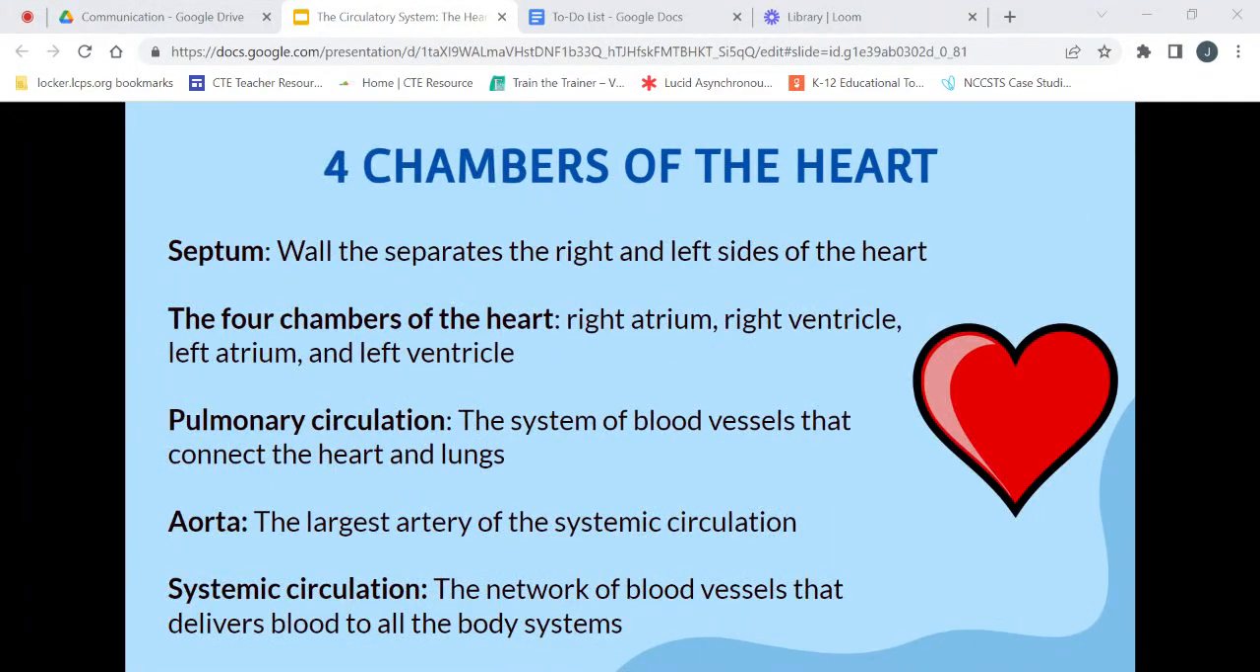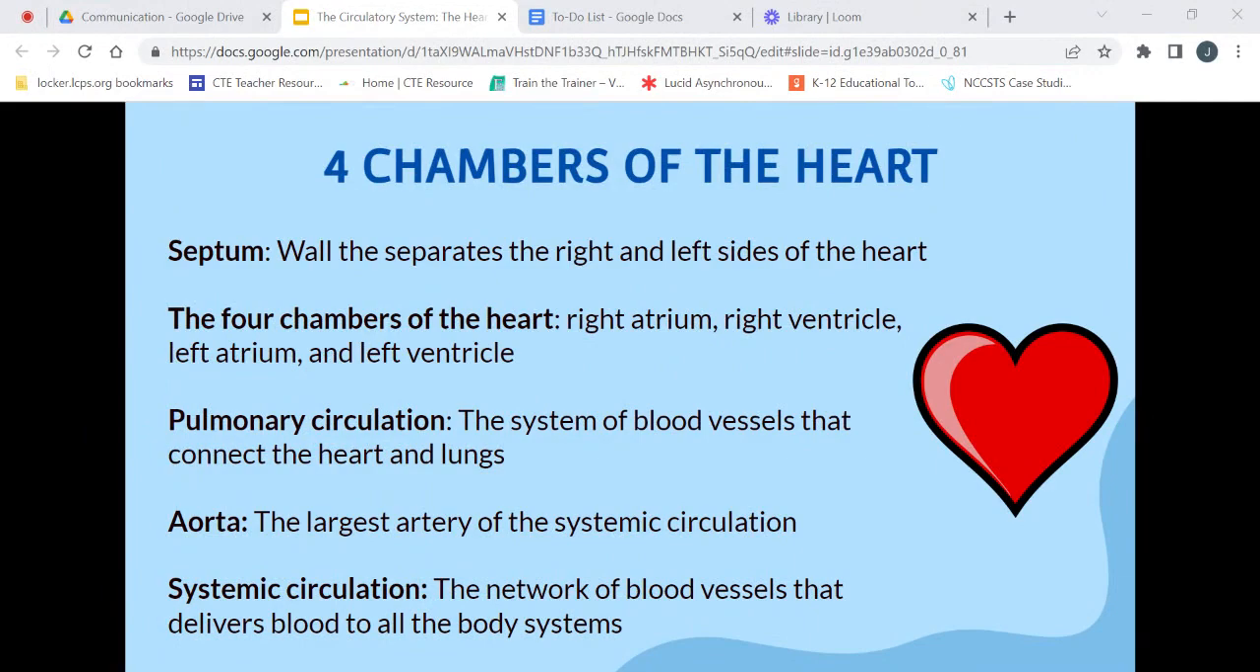Next, we're going to discuss the four chambers of the heart. The heart is a double pump. The right and left sides of the heart are completely separated by a wall or septum. The atria receive blood returning to the heart from the veins and act as reservoirs between contractions of the heart. The ventricles pump blood into the great arteries leaving the heart. So the four chambers of the heart are the right atrium, the right ventricle, the left atrium, and the left